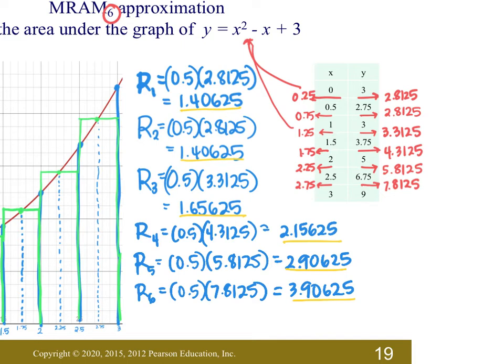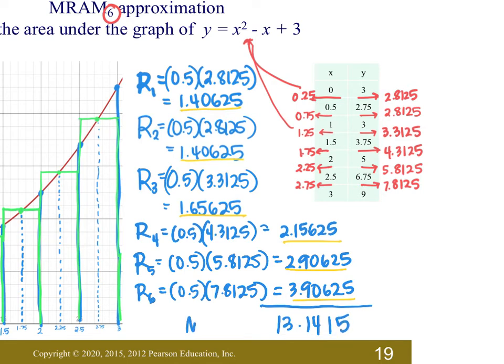Good thing I'm not asking you to do 10 or 20 rectangles. I'm just asking you to do only 6. So 1.40625 plus, again, 2 of those, plus 1.65625 plus 2.15625 plus 2.90625 plus 3.90625. All right, we get a grand total of all of that added up to be